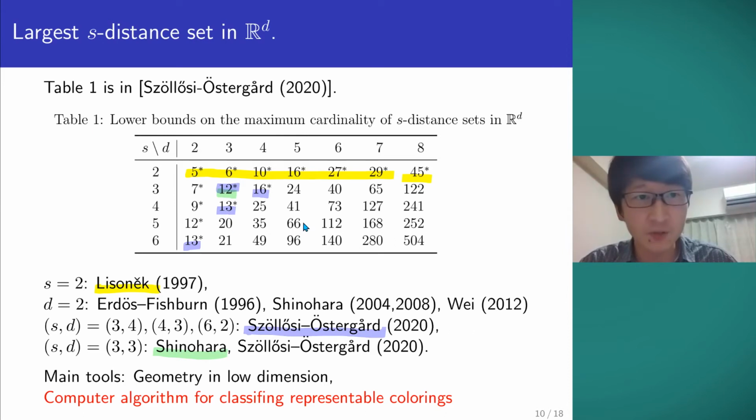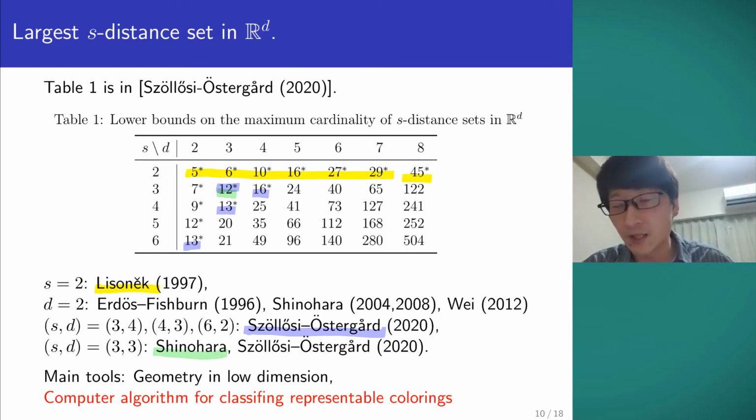So this table comes from this paper, Szöllősi-Östergård. So for s equal to 2, by classifying graphs such that the graph can be representable as a 2-distance set,